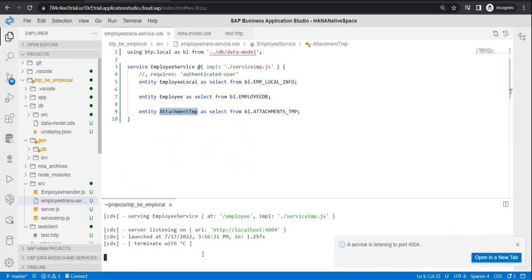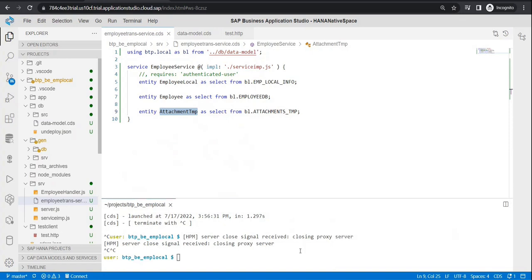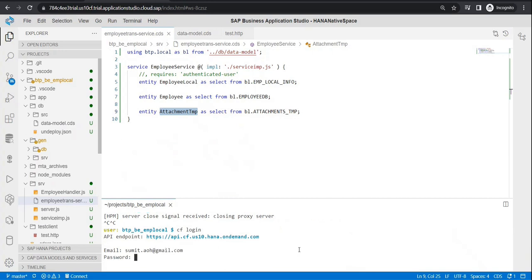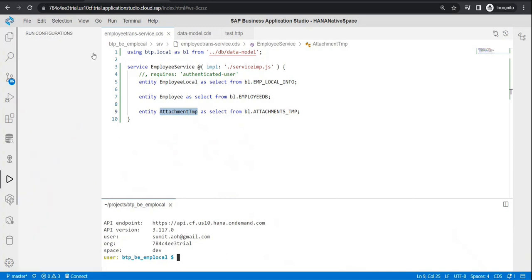I'll just disconnect this and say CF login for me to actually log in over here. So I'm connected over here. Now my storage account, my database is also up and running. I'll just go over here and I would try to reconnect this in order for it to